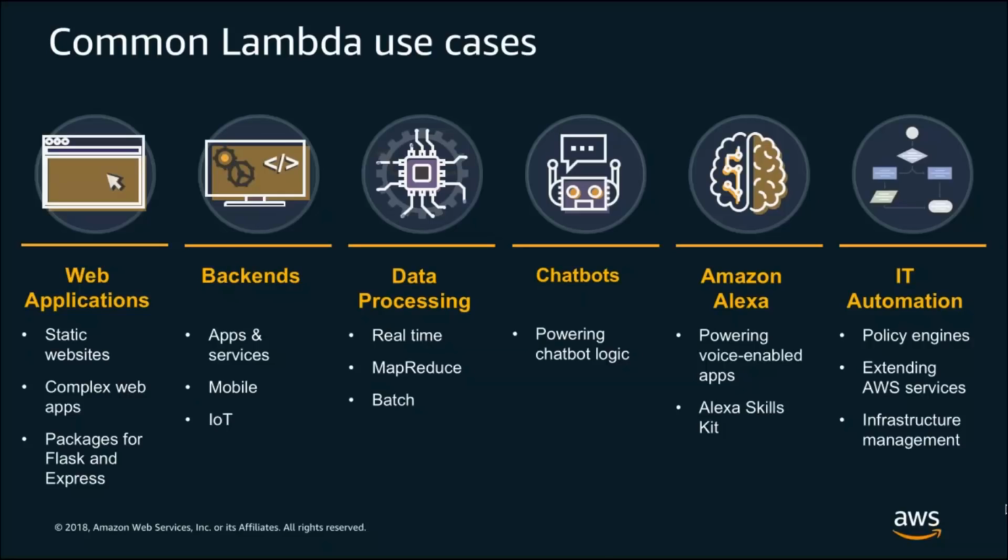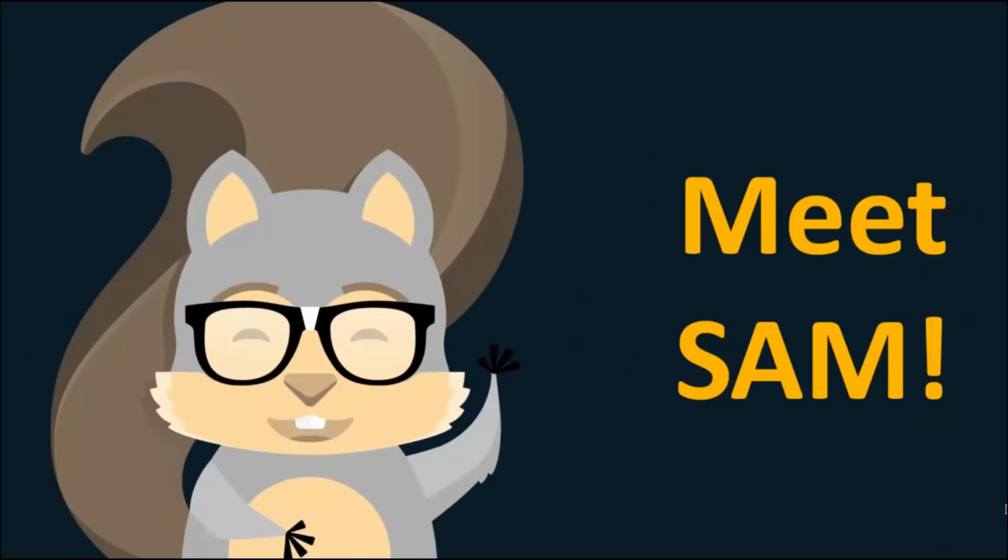And so if we combine, again here, the various different invocation sources with the invocation models, with our Lambda function and the two different types of security controls that it has on top of it, across these various different use cases, there's a lot of different ways that we can configure Lambda inside of our infrastructure to do lots of different things for us. And so when it comes to this complexity, we want to think a lot about how we can manage this complexity and essentially tame it and make it easier to deal with. And so now it's time to get to the meat of today's presentation, which is AWS SAM.